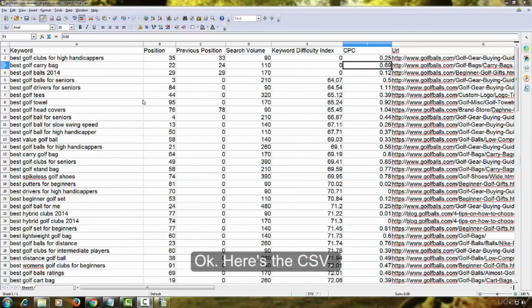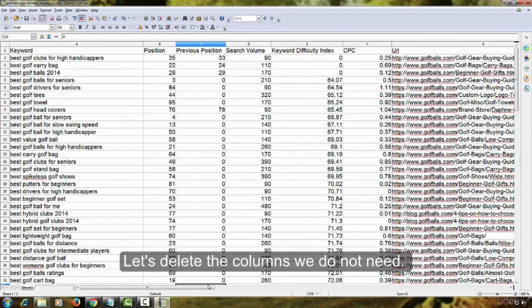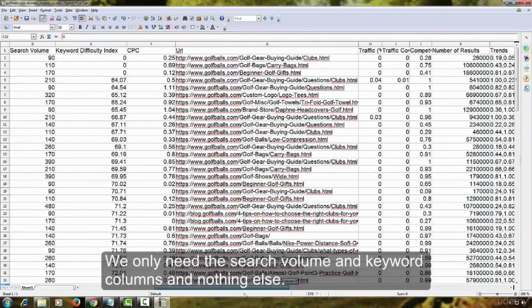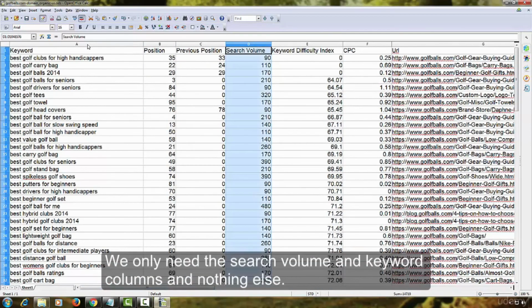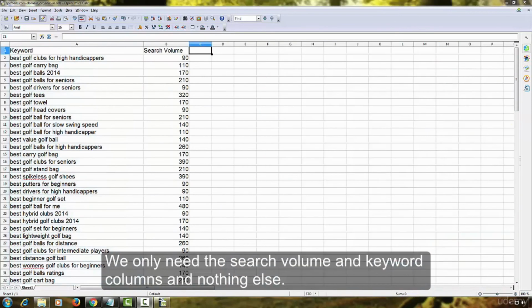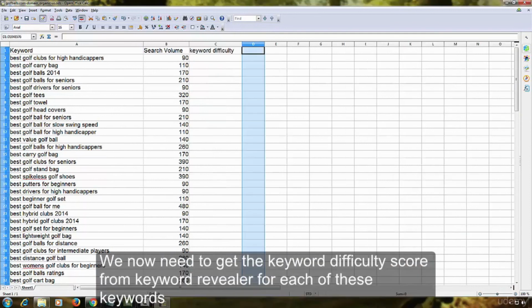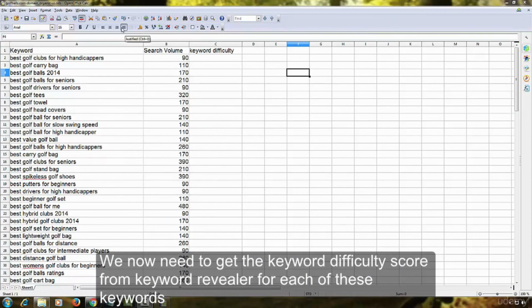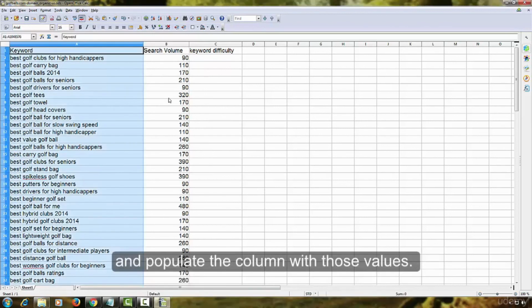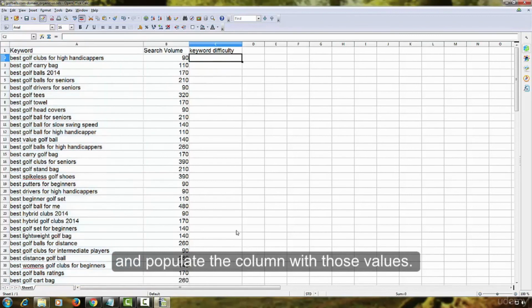Okay, here's the CSV. We do not need so many columns. Let's delete the columns we do not need. We only need search volume and the keywords column. Now, let's add a new column, keyword difficulty. We now need to get the keyword difficulty score from Keyword Revealer for each of these keywords and populate the